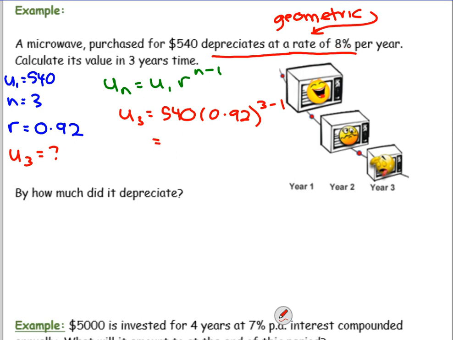Because it's money, we want to round our answers to 2 decimal places and write a dollar sign. You get something like 400 something. Did anyone get an answer? 457, she said. I got 420.49. I think these are one of the tricky ones, where it's the fact that it's in 3